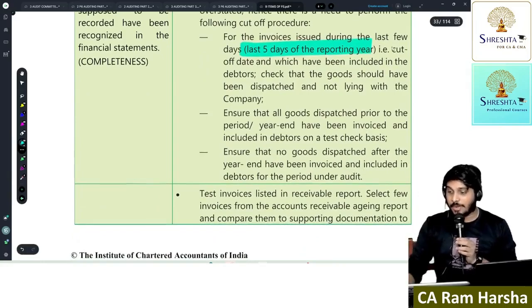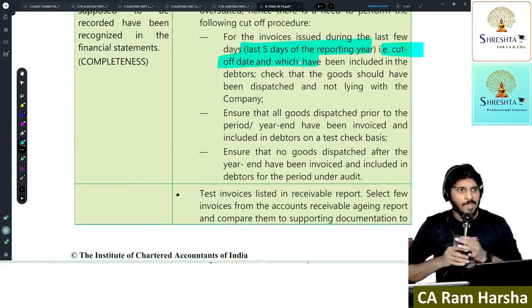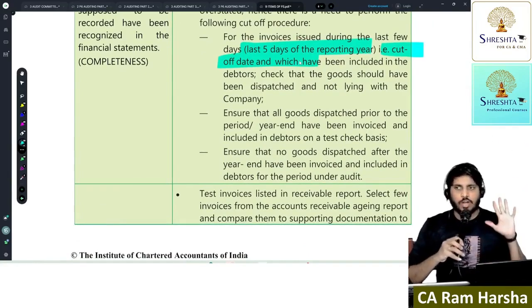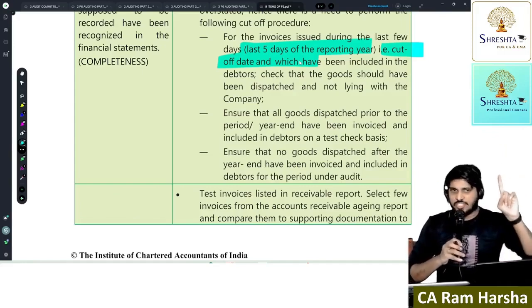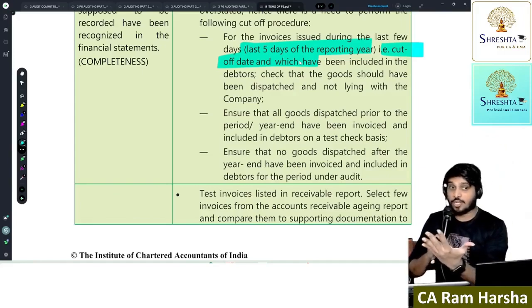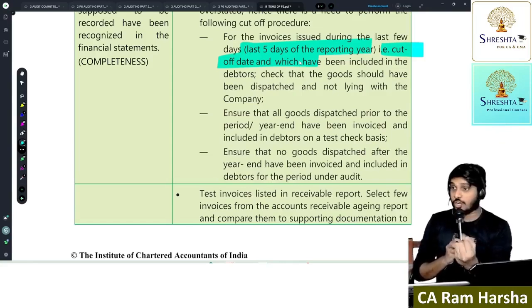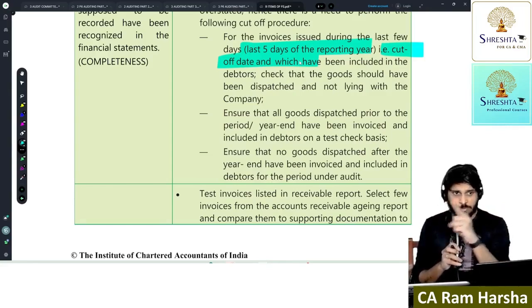Next. So we apply cutoff. Whatever I told right now is called the cutoff technique. What we do is, for all purchases and sales, we apply the cutoff procedure. In the cutoff procedure, suppose the last 1 week of purchases which are debited in profit and loss account, I will take the list and see whether control is received in our organization or not. Whether goods were received inward in our control or not, I will check. Only goods that came into our control on or before 31st March shall be recorded as purchases.